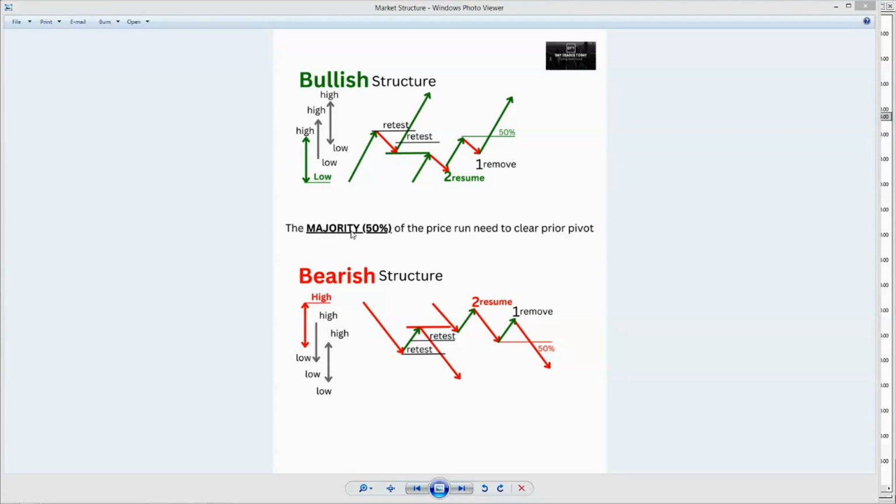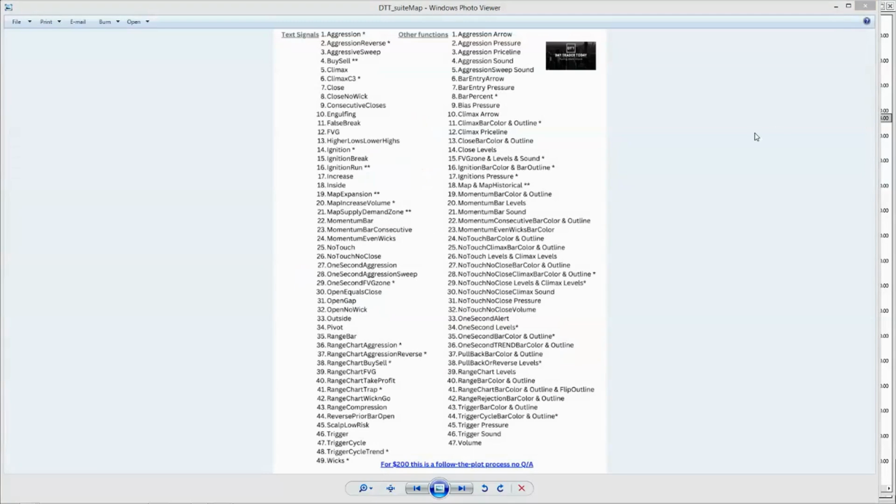It's forced. So you will want to try to find majority in the chart. At least this is one of the principles. All right, and we're going to talk about the majority principle when we get to looking at this chart. All right, so let's go ahead and do some of this now.